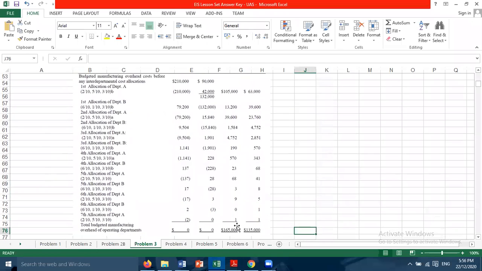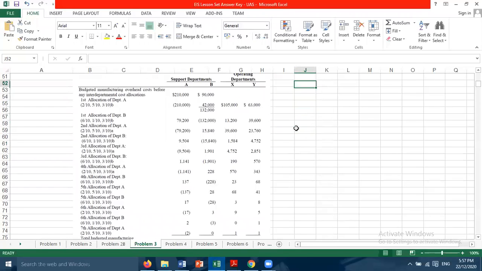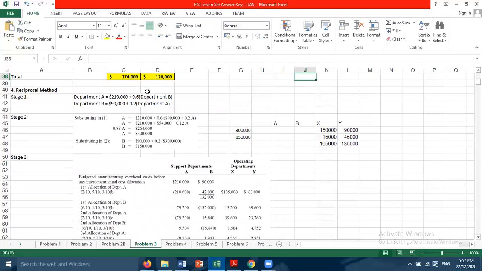In this case, X and Y will have a total of 165,000 and 135,000. So this is the manual way of doing the reciprocal method. Simply, we just keep throwing it back and forth. So support department B, we allocate to A, X, and Y. And after we know that we've allocated some to A, we allocate the remainder from A to B, X, and Y. Then since we've allocated some cost to B again, we allocate it again to A, X, and Y, and so on. However, a simpler method to find the total cost is to use a formula or